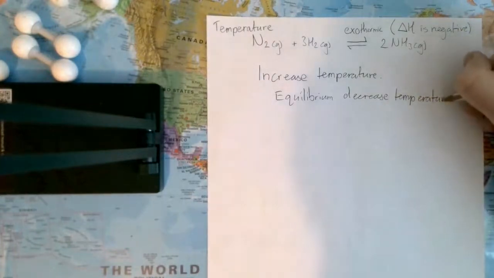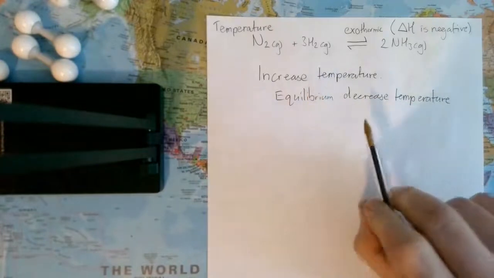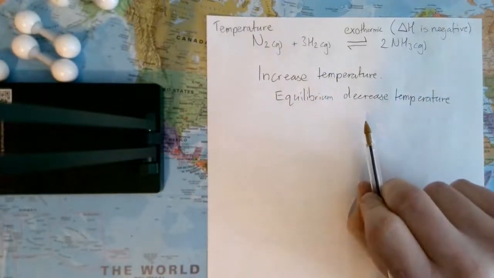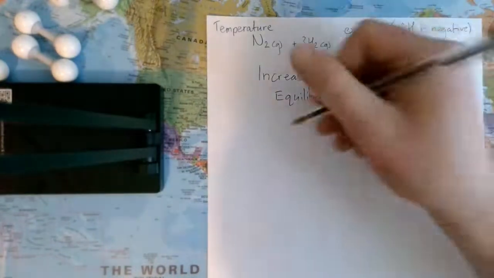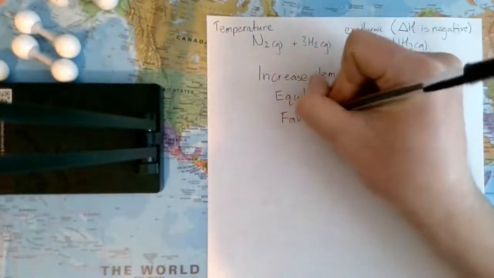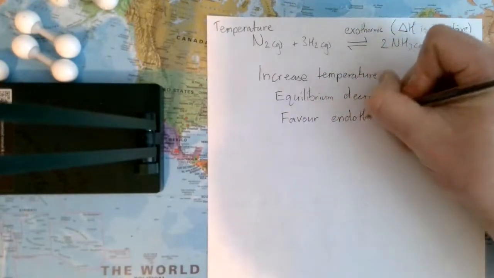And that will happen every single time for any equilibrium. You increase the temperature, it will try to decrease the temperature. The way it does that is not by doing the exothermic, and the word they want you to use for this is favour. It will favour the endothermic